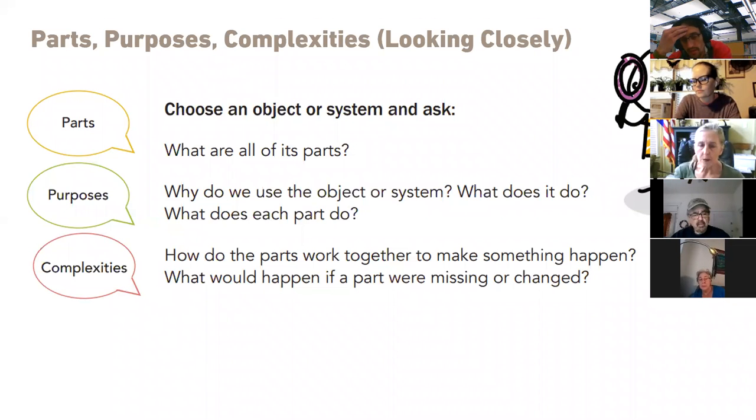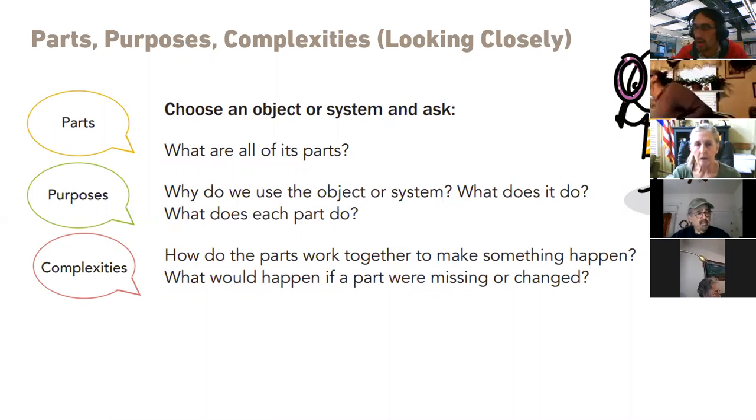Another complexity could be what is happening underneath all of this. Why does me pushing the L button make an L appear on my screen? And so if that is a question, one of the things I really love to do is to give kids screwdrivers and let them take it apart. Let them see the insides of whatever it is and truly explore all the parts and the purposes and the complexities. I teach technology, and I would actually open up one of the PCs and let the kids see the insides and everything. Yes, I love that.